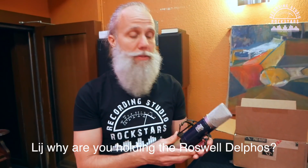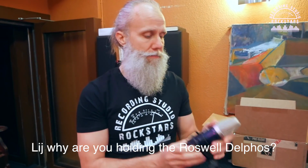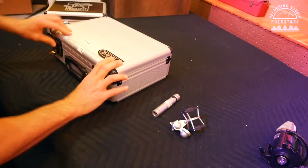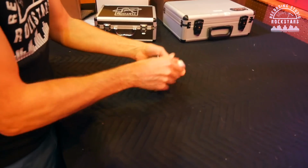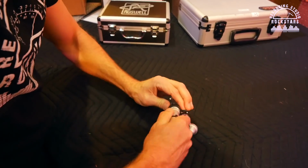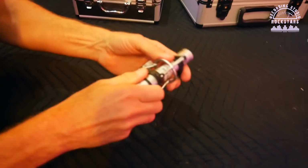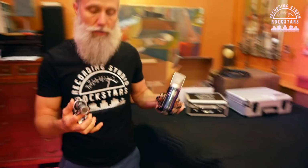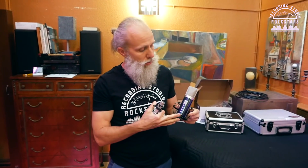And we'll grab the Miktek C5 as well. So we're going to go hook these up. We've got the Delphos large diaphragm condenser, and we're going to set that up along with this Miktek small diaphragm